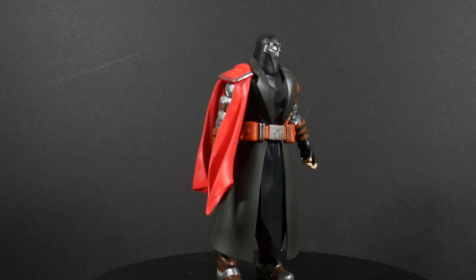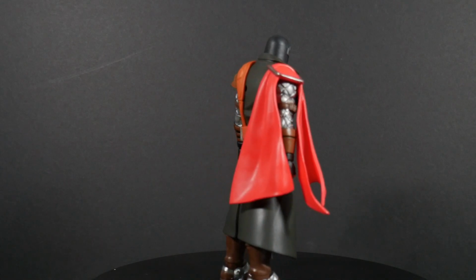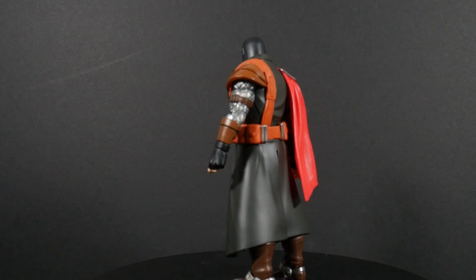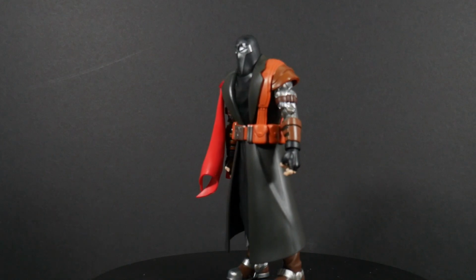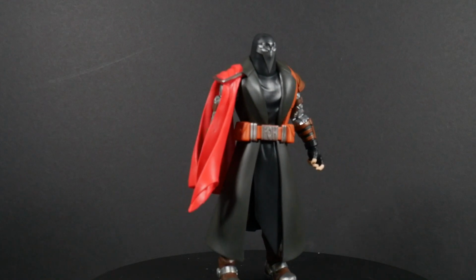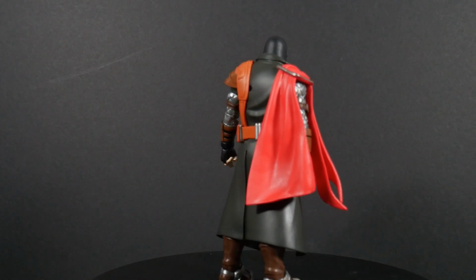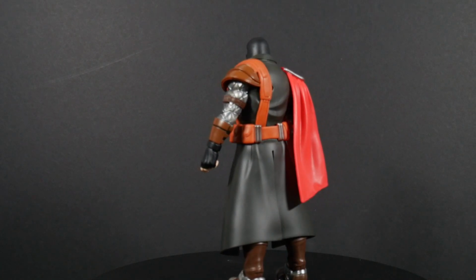X-Cutioner, his real name is Carl Denty. He was an FBI agent. He was partnered with one Fred Duncan, and unbeknownst to Denty, Duncan worked with Charles Xavier for the Mutant Underground. What Duncan used to do was cache alien weaponry, and then Duncan died, circumstances which have not been revealed to this very day. It's never been told how he passed on, but anyway,